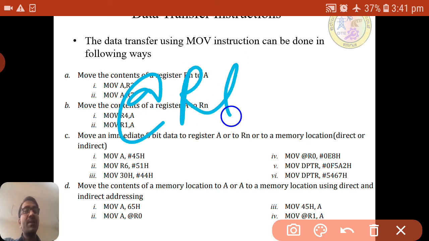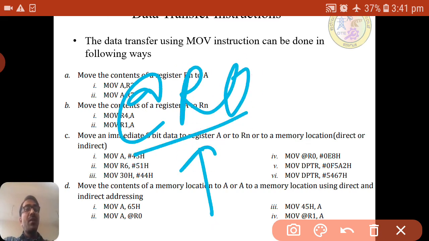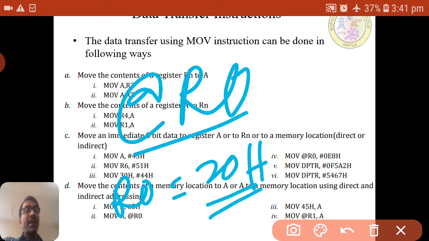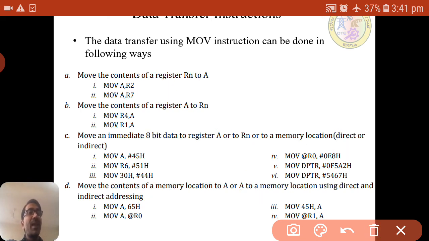That is indirect addressing move. For example, if R0 is having 20h, then 20h will act as an address, and for that location 0E8 will be moved.